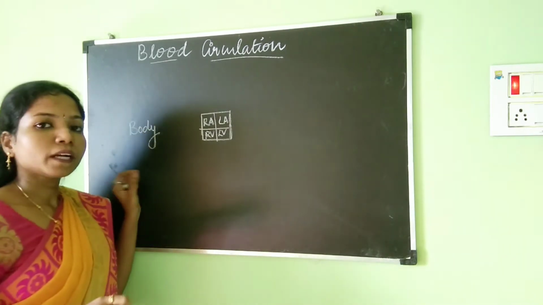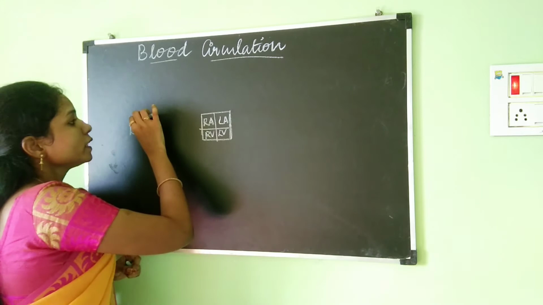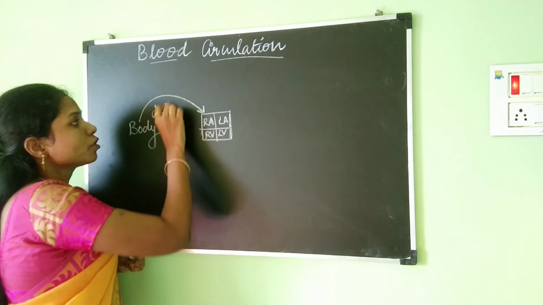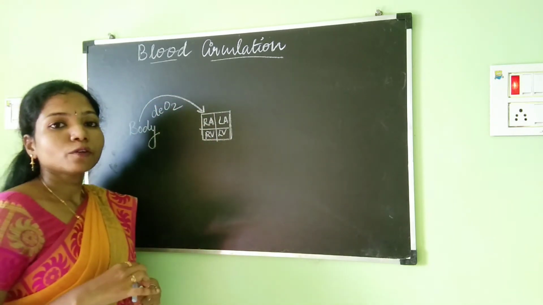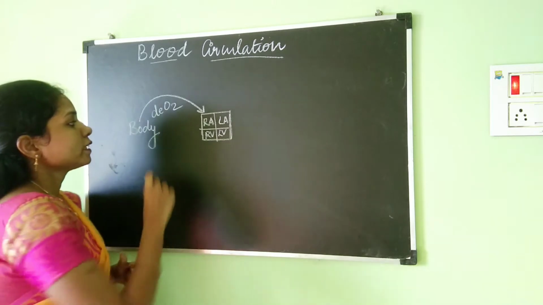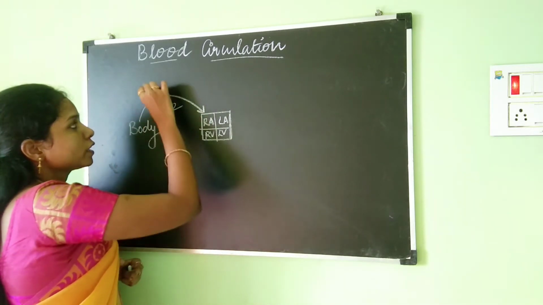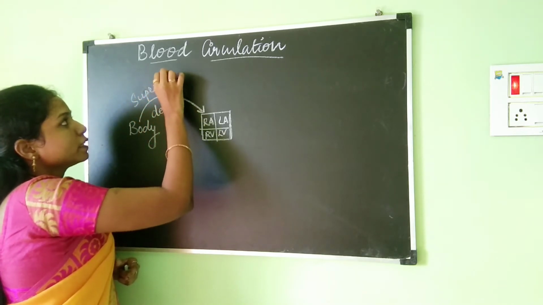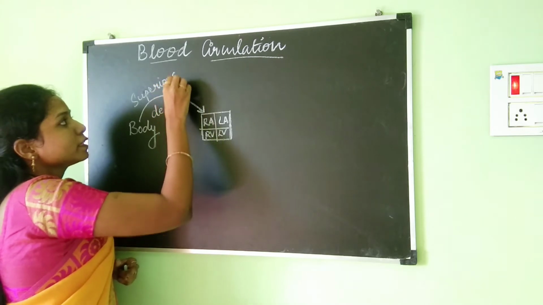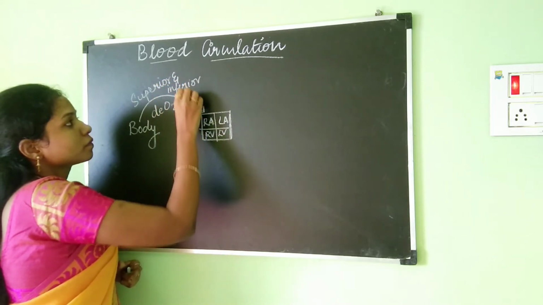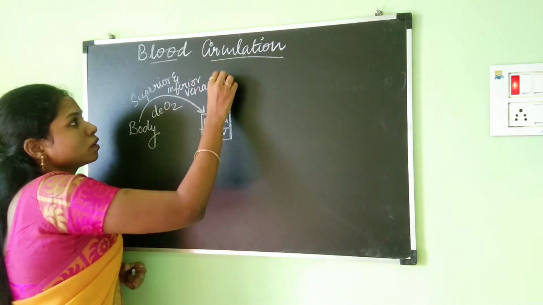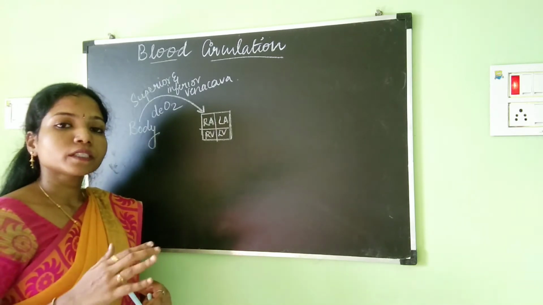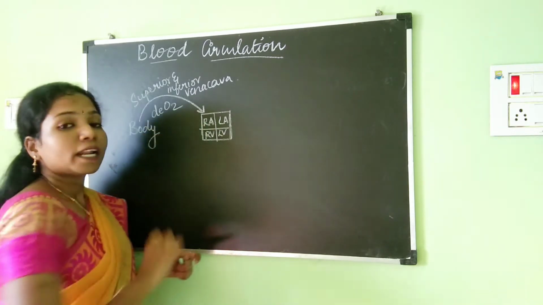the deoxygenated blood which is there in our body will be sent into the right auricle. Okay, so what type of blood is going to be sent into the right auricle? It is going to be the deoxygenated blood, and the deoxygenated blood will enter into the right auricle through a blood vessel which is known as the superior and inferior vena cava. So with the help of the superior and inferior vena cava, the deoxygenated blood which is present around our body will enter into the right auricle.